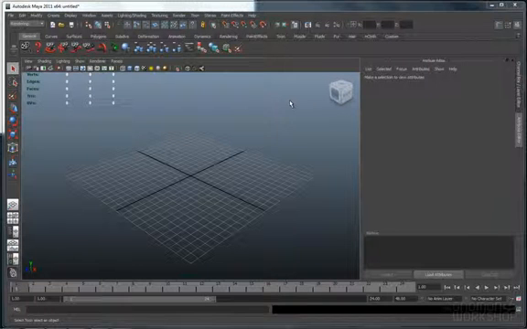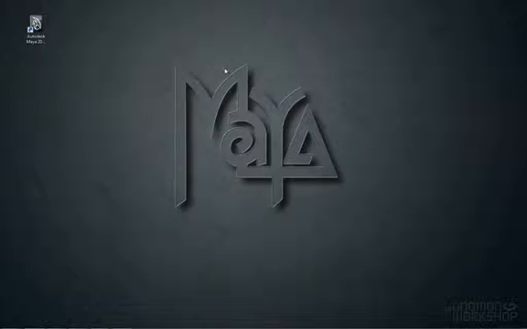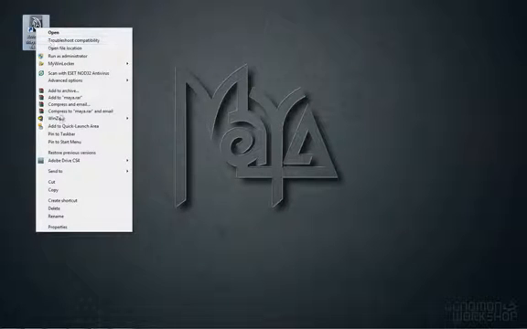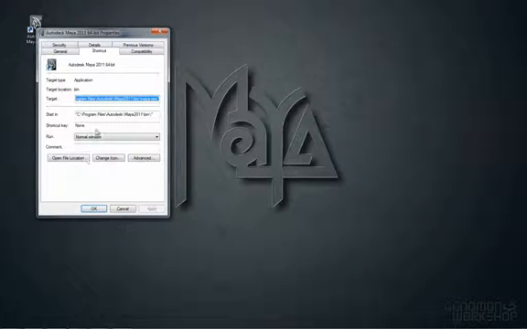To change the color of the user interface, just close Maya and hover the mouse over the icon, but don't select it, okay? Don't click over the icon. Use the right mouse button, and from the drop-down menu